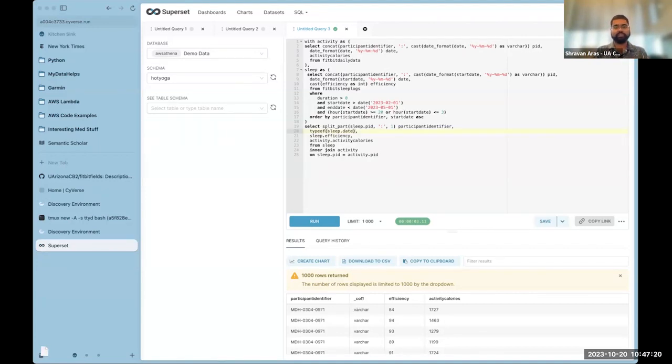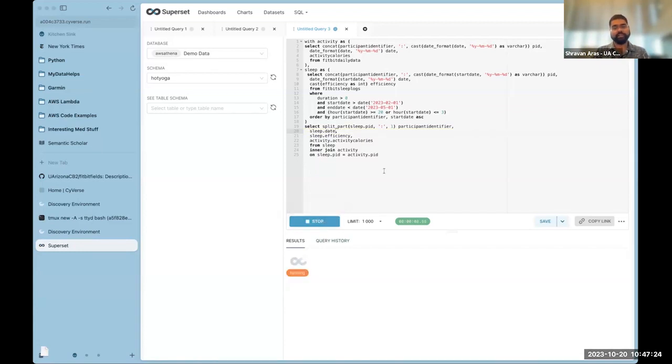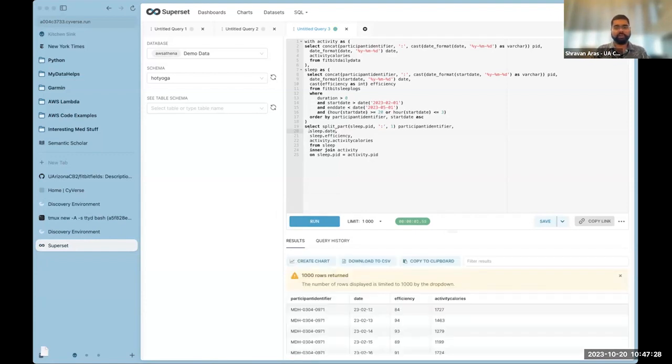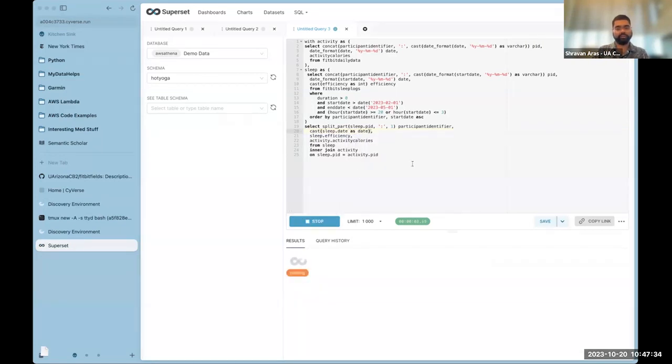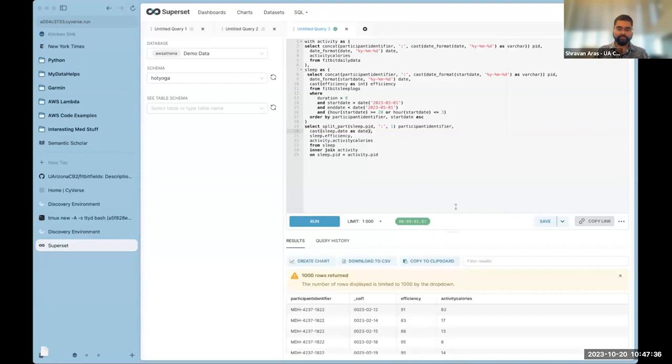And because of that, when you were creating a time series chart, it didn't really know how to use that, because the data type is not the correct data type. All you have to do is go ahead and cast this as a date, and that should solve all of our troubles. All right, so once we have done that, I do see that